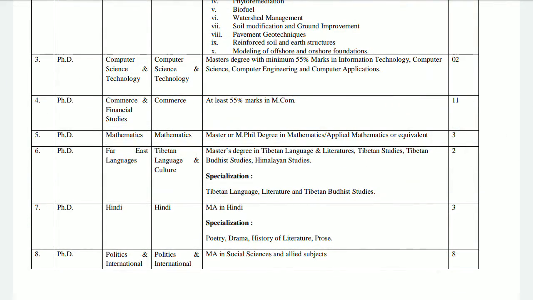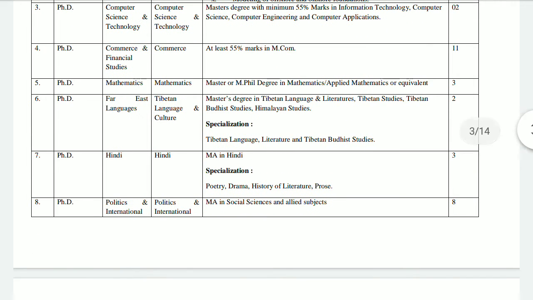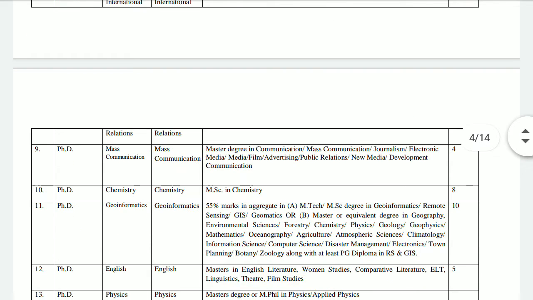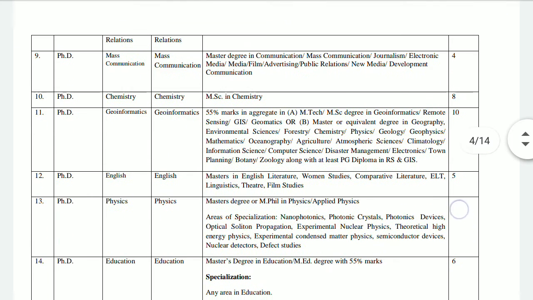PhD in Computer Science and Technology, 2 seats are there. PhD in Commerce Financial Studies, 11 seats are there. You can see that Mathematics having 3 seats, and then Far East languages, 2 seats are there, and then you can see that Hindi there is 3 seats, and then Politics and International, 8 seats are there. You can see that Mass Communication having 4 seats, and then Chemistry 8 seats, Geoinformatics 10 seats, English 5 seats,